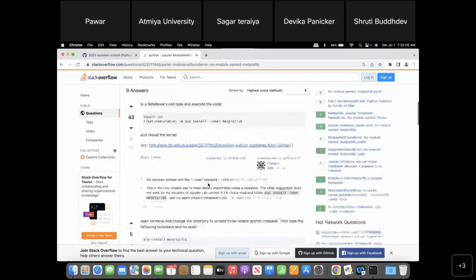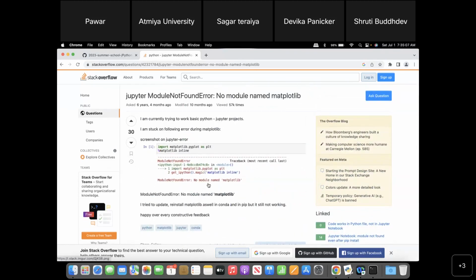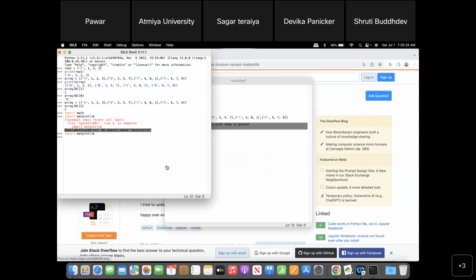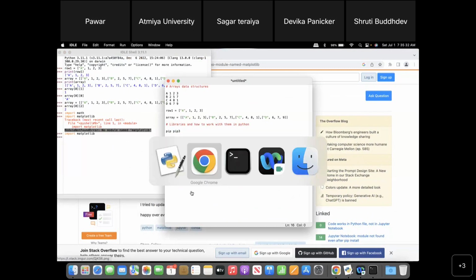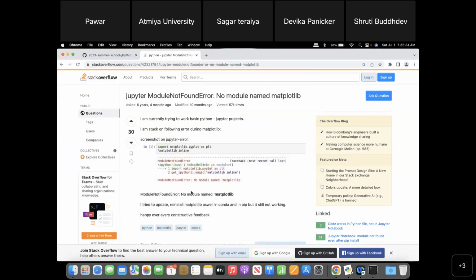This is a very useful community forum. You don't have to register or sign up for any account or anything. You just do a general search, and without any registration, you can find the answers to your questions. All right, so that's with your libraries. The last thing which I want to discuss today is the